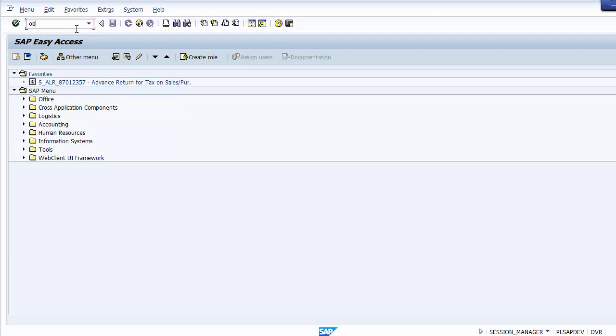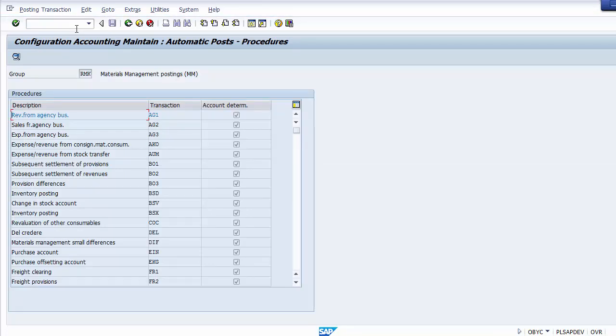We can move to the transaction OBYC on the screen and press enter. On the top of the screen you can see the group is RMK, which refers to material management postings. This particular screen refers to all the material management postings which have financial impacts.